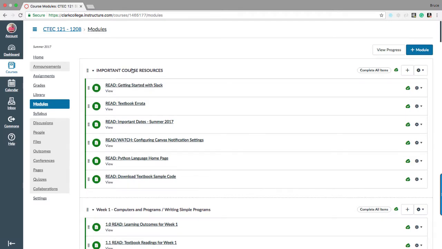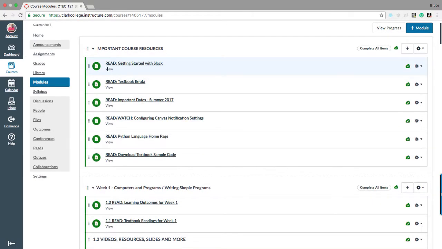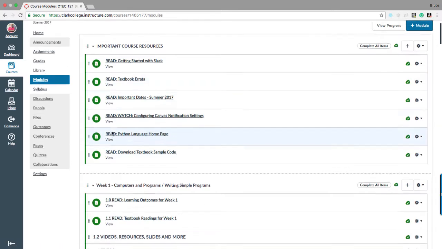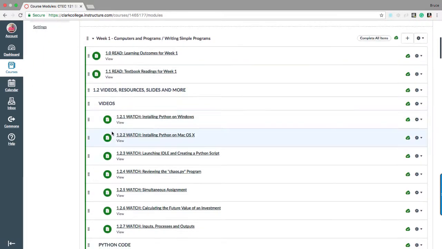Here is a section which I want you to view all these items in. It's called Important Course Resources, and anytime you see the word view, you're going to need to view it in order to eventually move on to the next module in the class. So again, I'm not going to read these to you, but I want you to go through them all. And then each week, you're going to have a